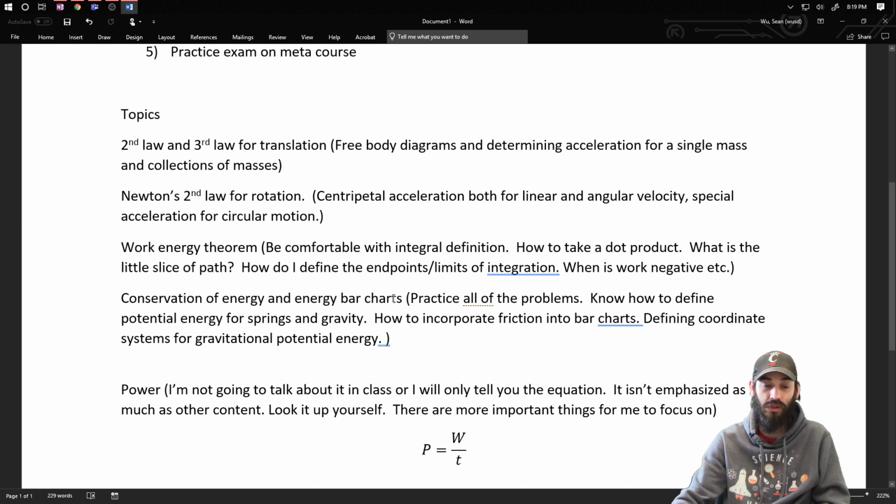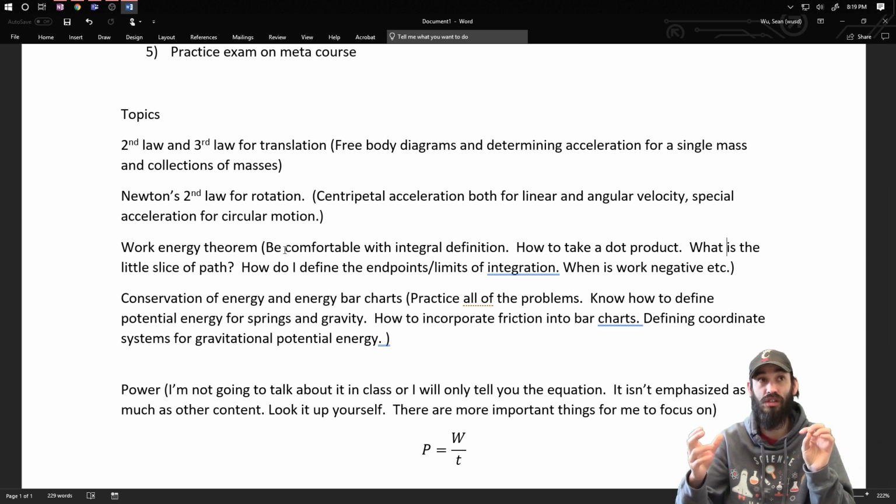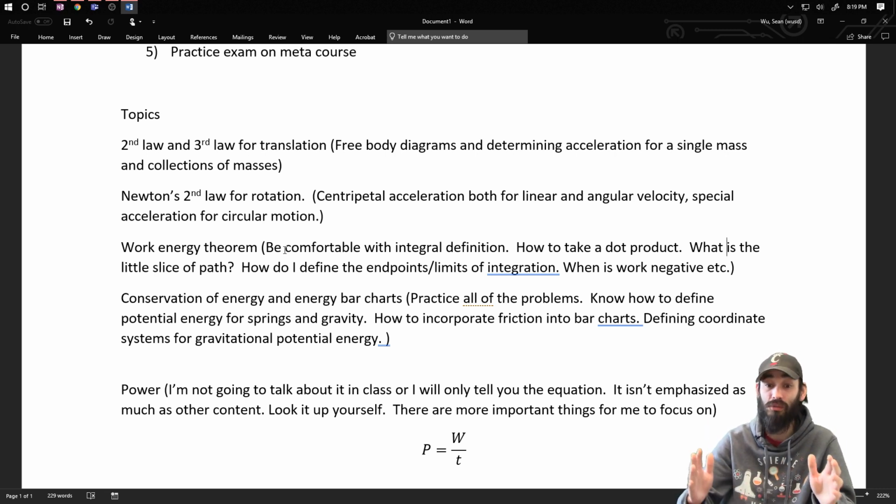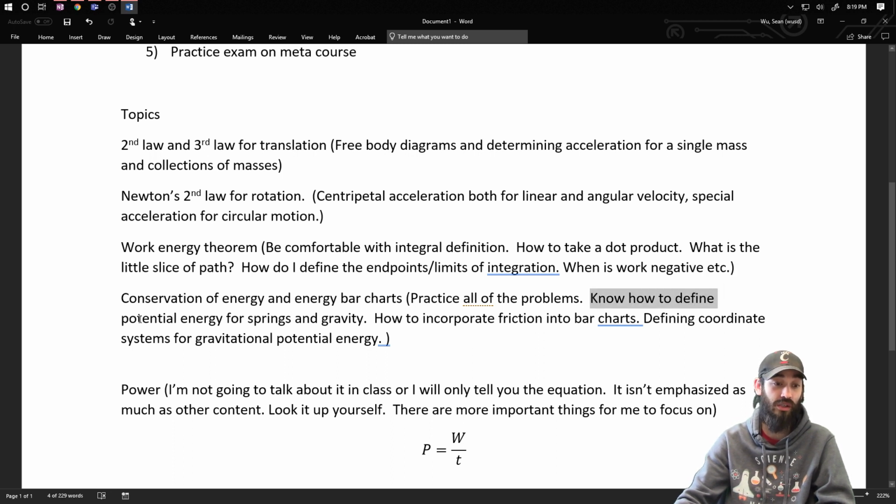Conservation of energy and energy bar charts. This is a little bit harder for me to go into as much detail about what to do. The work energy theorem is like a nice box that you can put all the things in. Conservation of energy and energy bar charts are harder to define exactly what it is that you need to do. But I think the best thing I can say is just practice as many problems as you possibly can. Know how to define potential energy for springs and gravity, how to incorporate friction into bar charts, and defining coordinate